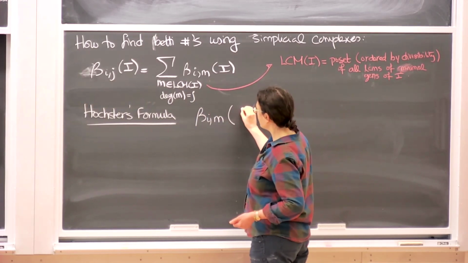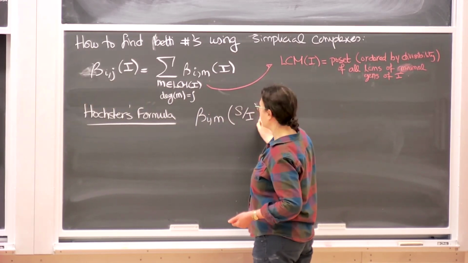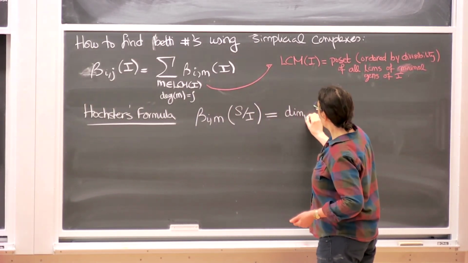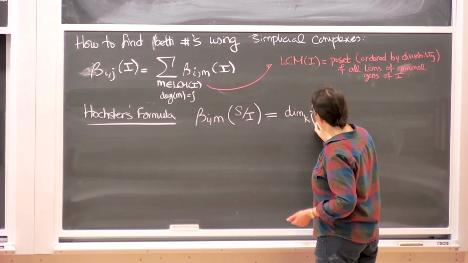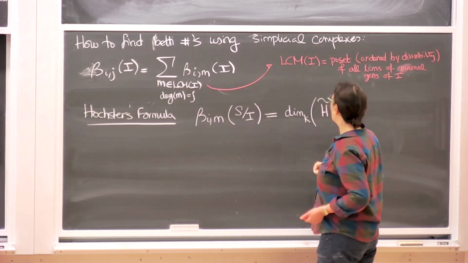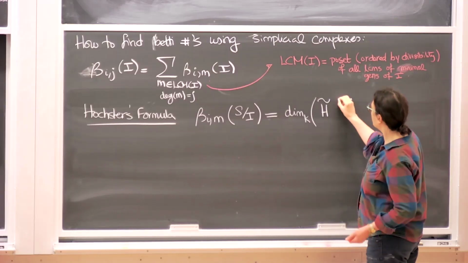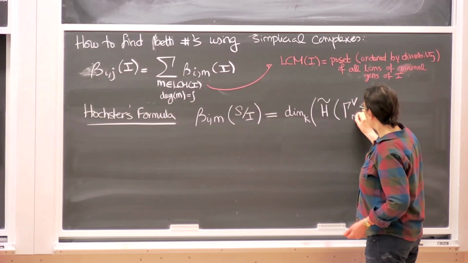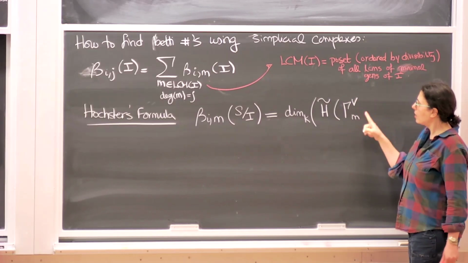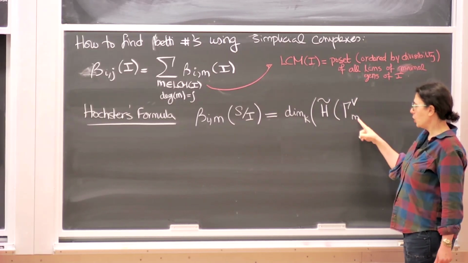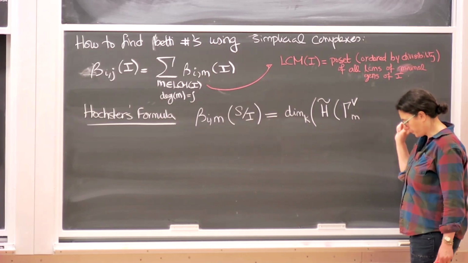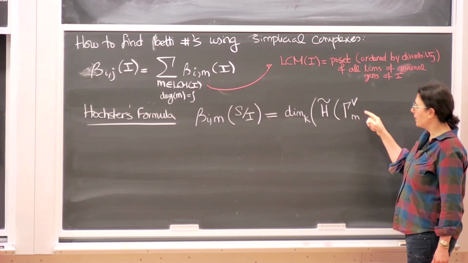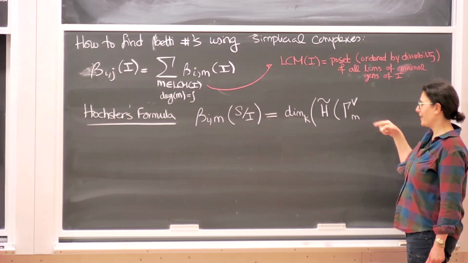So first of all, I'm going to do S mod I because that's how it's done. My chances of error are less. Remember, we always live over a field, so it's the dimension of the homology module of the dual Stanley-Reisner complex, where you look at all the faces whose monomial label, sorry, I'm trying to translate from a different world,